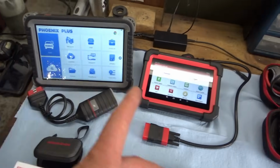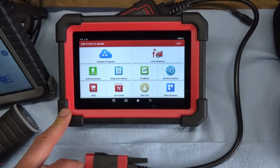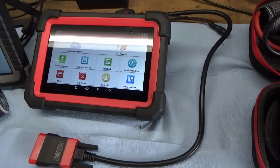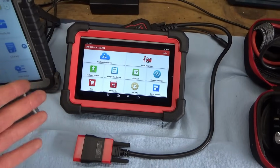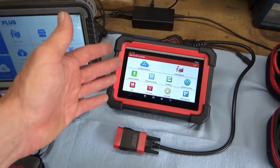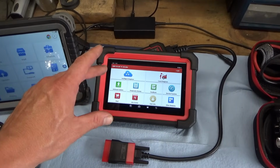Next in line is the smaller Launch CRP919 Bluetooth. So this one is on sale for $430, so it's over $100 off. So you can see it's less than half price of the bigger TOPDON. Same capability, just smaller screen, smaller battery life,